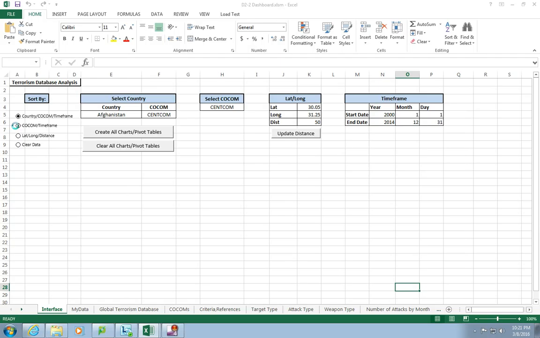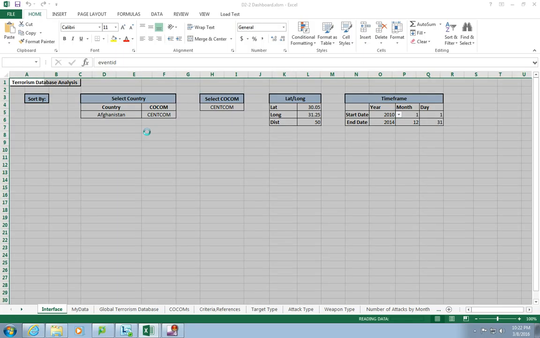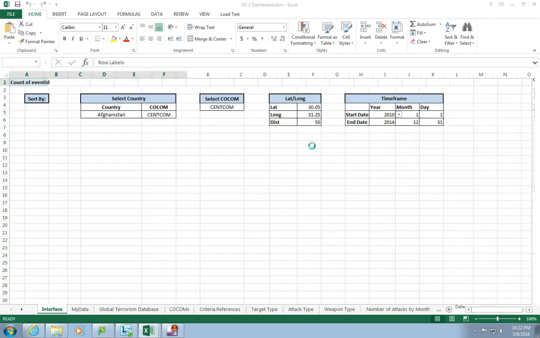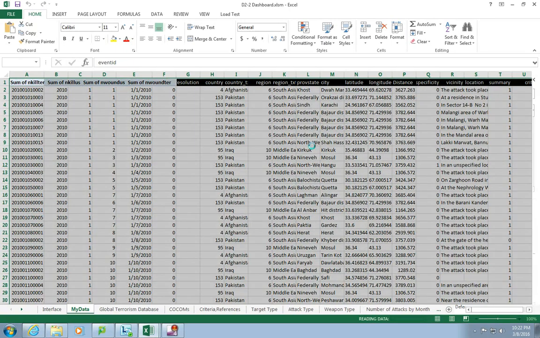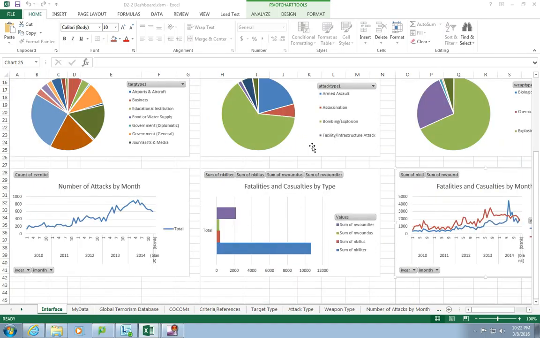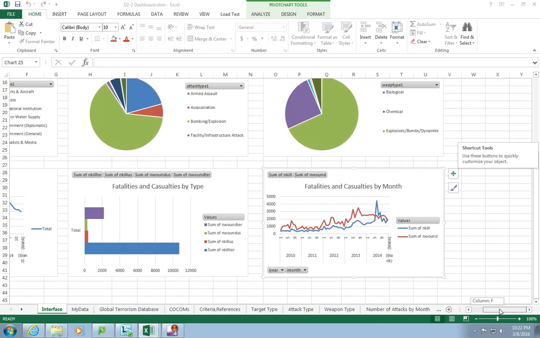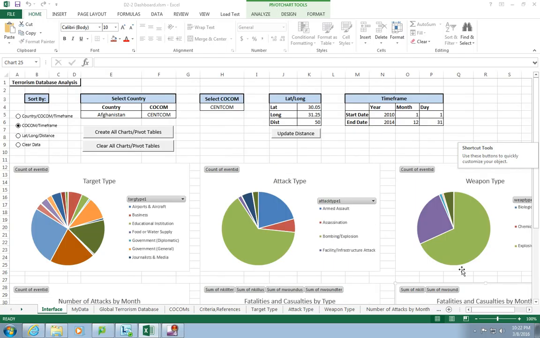And the next we want to do it by COCOM. So we're going to do CENTCOM from 2010 to the same end date. We clear the data first, run the new data. Now we create our data tables. And we can see that we've created new data tables based off our new criteria. So we clear these tables,